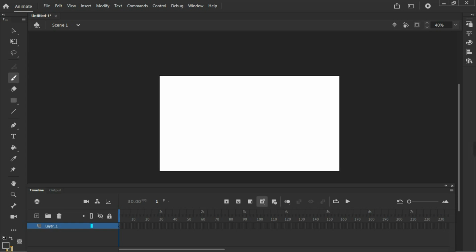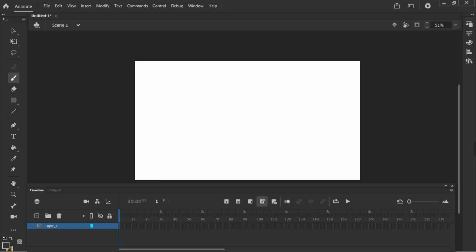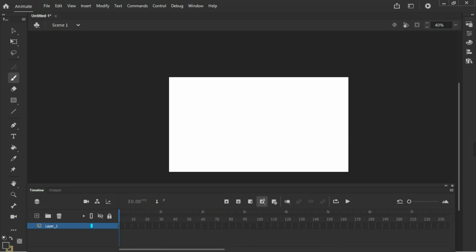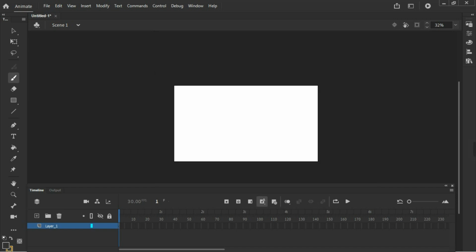Okay, so in here, if you wanna play your animation, just click on this play button and it will automatically play your animation. I know this didn't work because I don't have any animation right now. Okay, so now let's talk about the frames. In here as you can see 1 second, 2 seconds, 3 seconds, 4 seconds and 5 seconds, and there are lots of frames available. Now if you know, in the old ages if you wanna make an animation, you can choose the paper. For example, this is our paper.